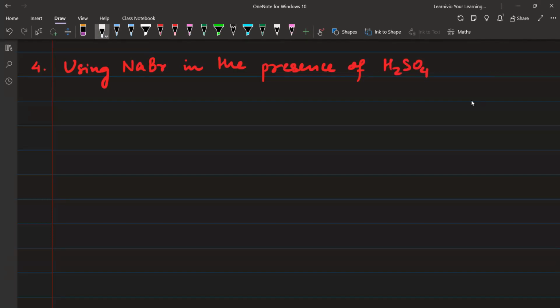H2SO4. Okay. So basically, what reaction happens here is you have ROH alcohol. Now, obviously, we are seeing the method of preparation from alcohol. So you have alcohol plus you have NaBr. So you can have KBr also. But you're having sodium bromide, NaBr or KBr, plus you have H2SO4.